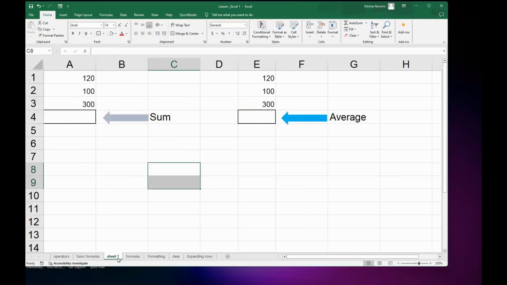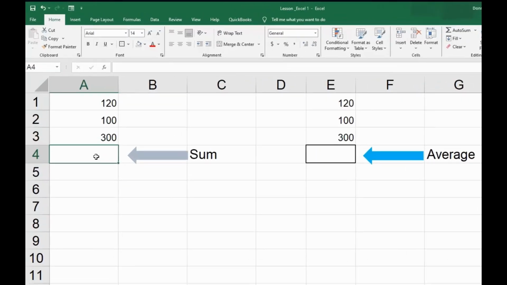So let's come over to sheet number 1 here, and we're going to do autosum. Now autosum is a formula already created for you, so you do not have to know how to do it. So if I wanted to add A1, A2, and A3 and get the answer here, you are going to make sure that you are on your home